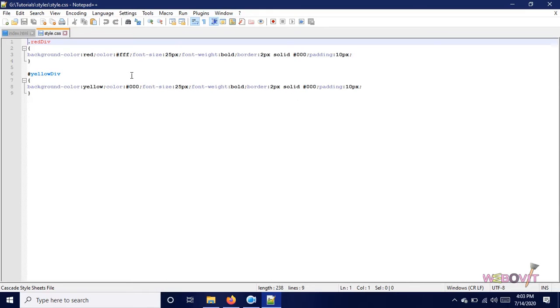This was our style sheet. We have one class here, .reactDiv, from our previous tutorial, and we have one ID. We are not going to touch it or do anything regarding that one, because as we mentioned in our previous tutorial, we can use one style sheet for multiple pages so that we don't have to mention the style again and again.